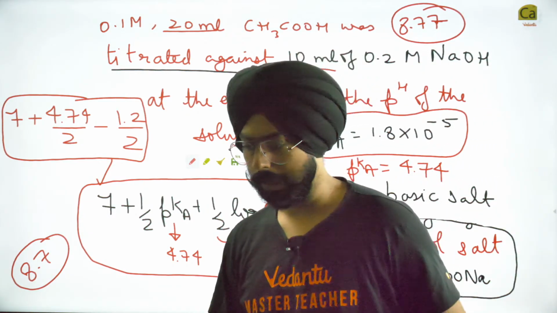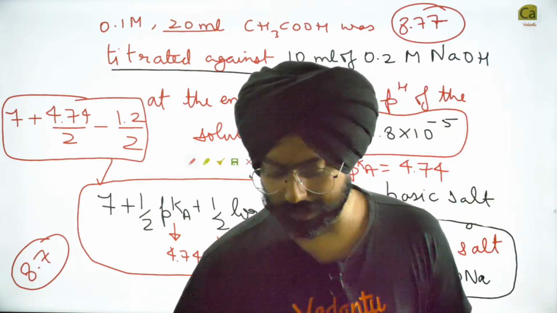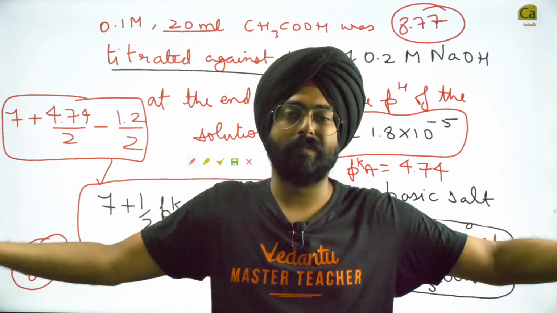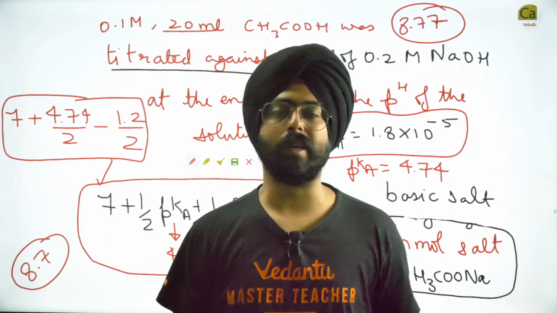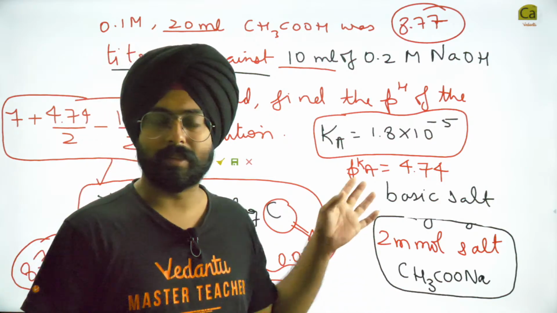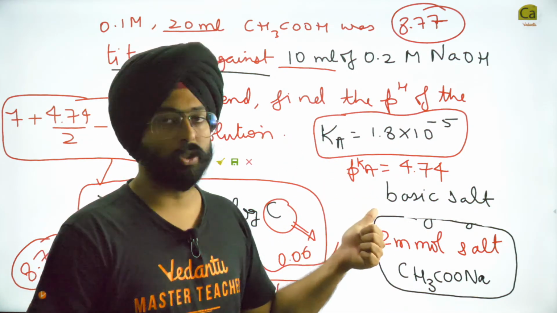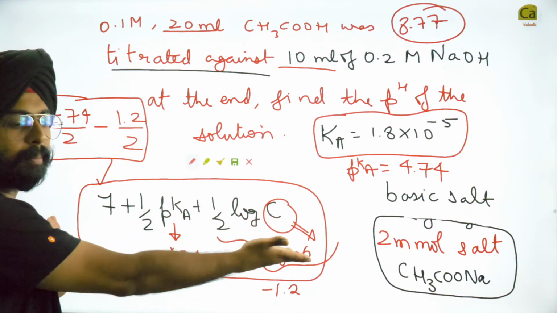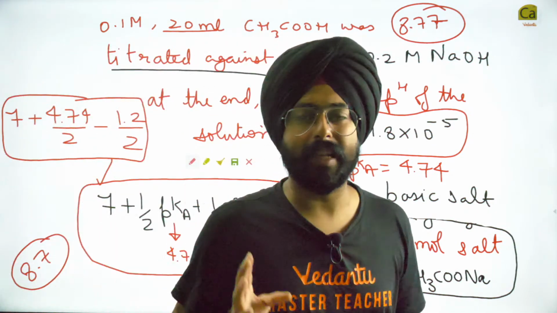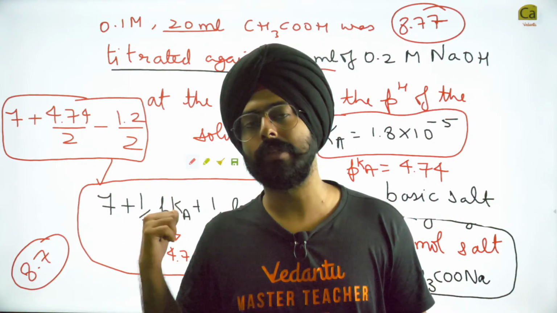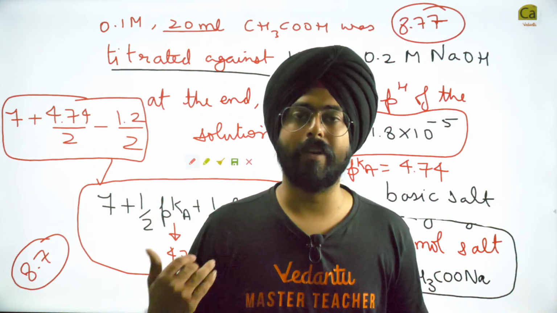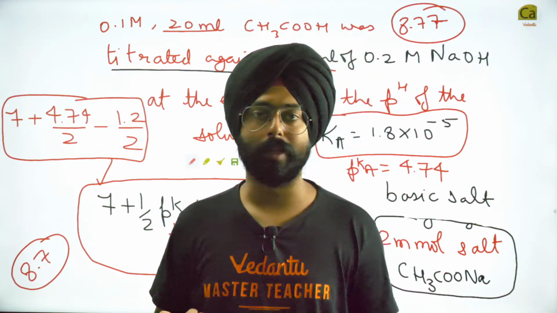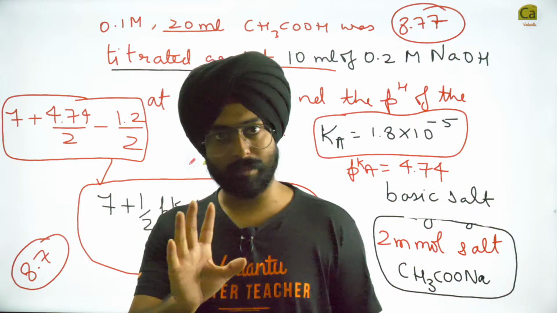Okay, got it? Divya Deep is saying it's a very difficult chapter. No, it's a lengthy chapter. It's not difficult at all. You're just reacting two things together and doing equilibrium. Do you understand what this question comprises? First of all, it has a little bit of stoichiometry. Then it just has formula application. There can't be an easier question than this. If you find this question difficult, I understand. You haven't spent enough time practicing the questions of ionic equilibrium. Spend more time, and I guarantee you will improve eventually.